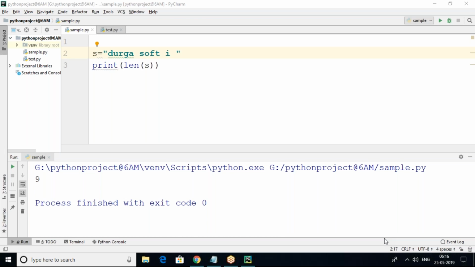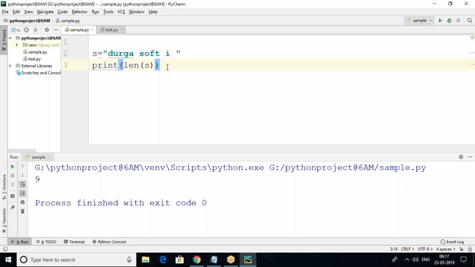It will not be applied on the existing string. You have to write s.strip(), applying it on the string, not strip of s. Some functions will not apply on the string directly like this, and some functions don't have any parameters. Strip of s means you are passing a parameter. Some functions will not accept parameters. s.strip() means no parameter. That is the case.